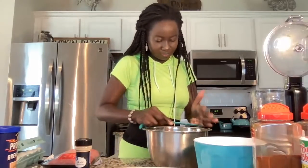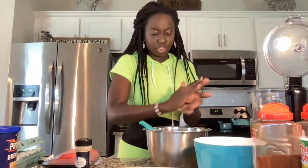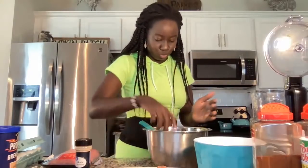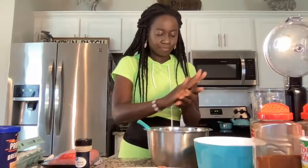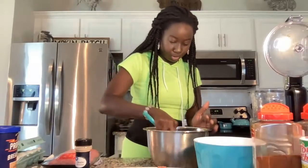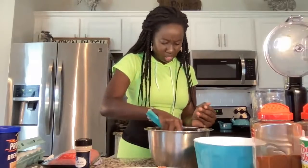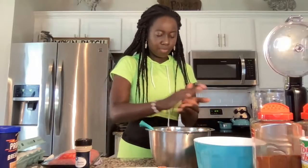And look how small. I'm not making them that big. The bigger you make them, the longer it'll take to make sure that it's cooked throughout. When you do them and they're just like a normal size, you can do the humongous size meatballs. Just know when you're gonna brown them first, it'll just take a longer time when you're cooking them in the base to make sure that it's done. Nobody wants an uncooked meatball. That's nasty. Okay, so I make mine pretty small so that as I'm browning them,